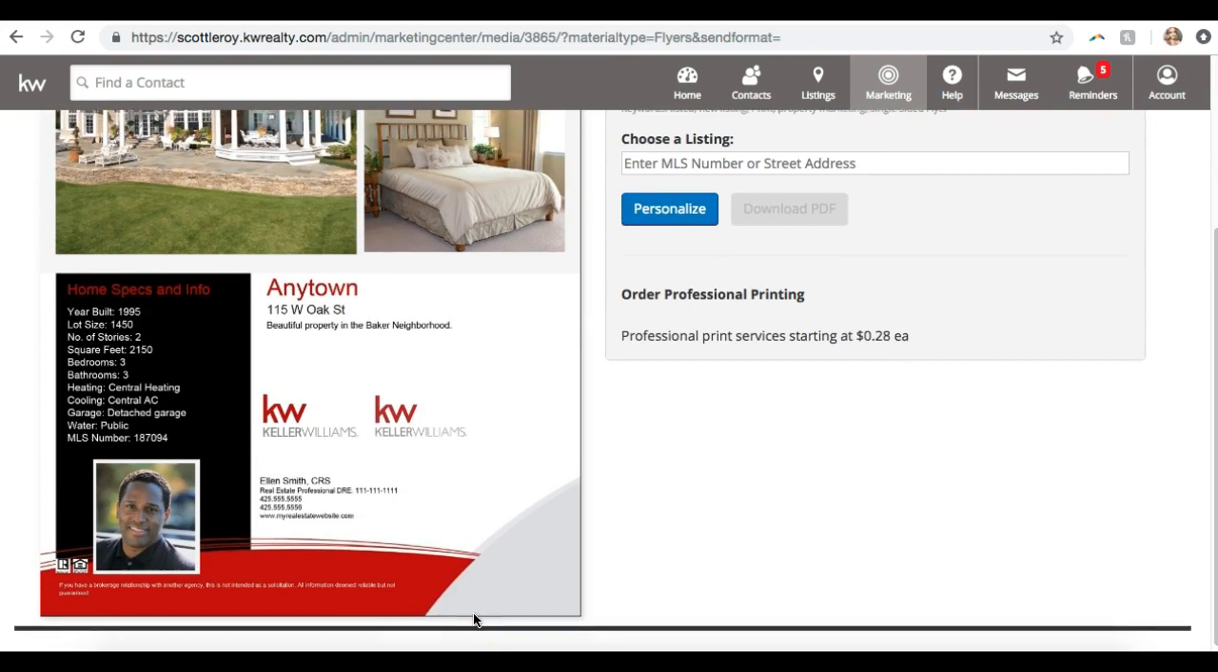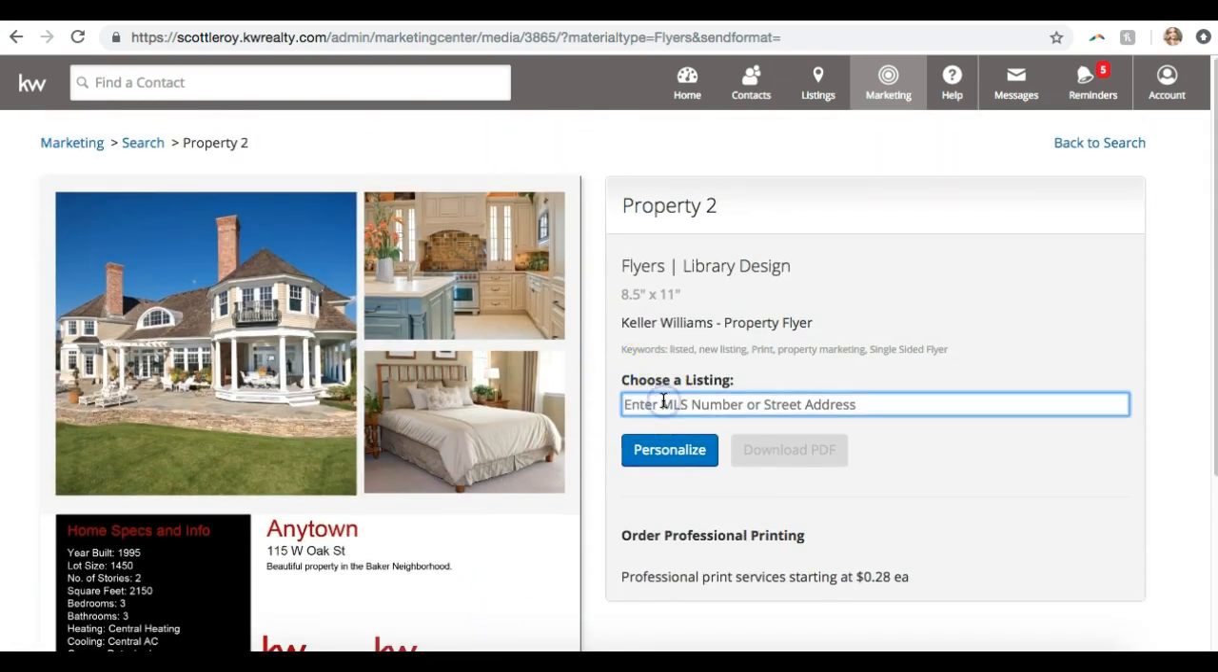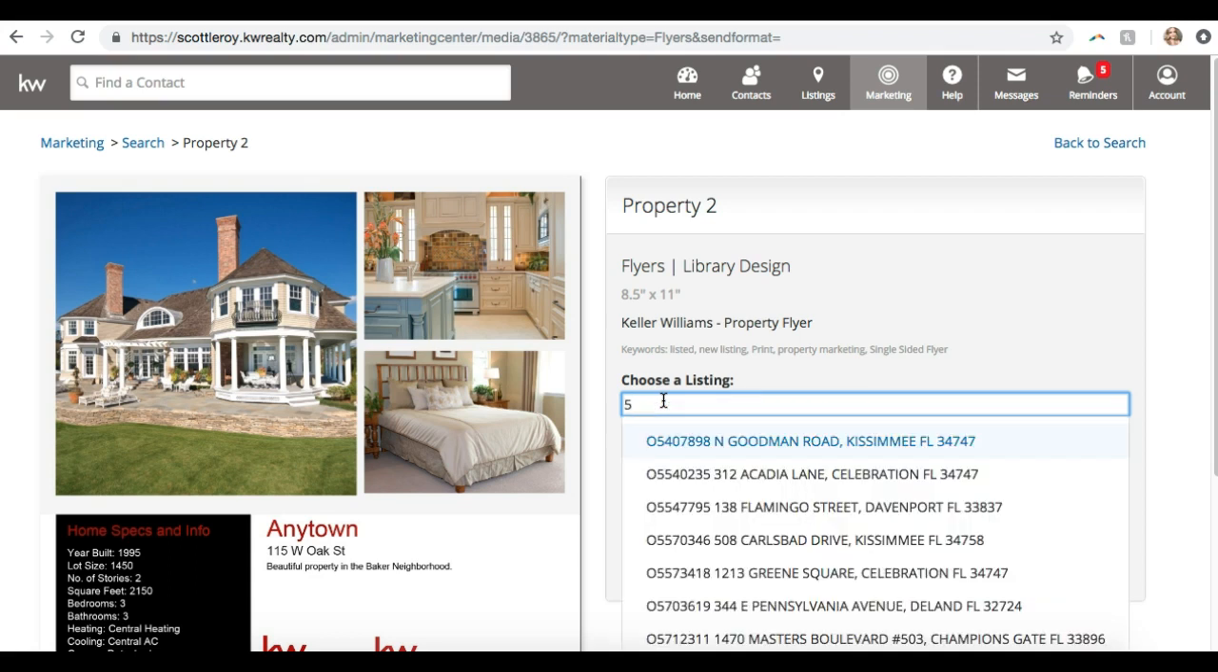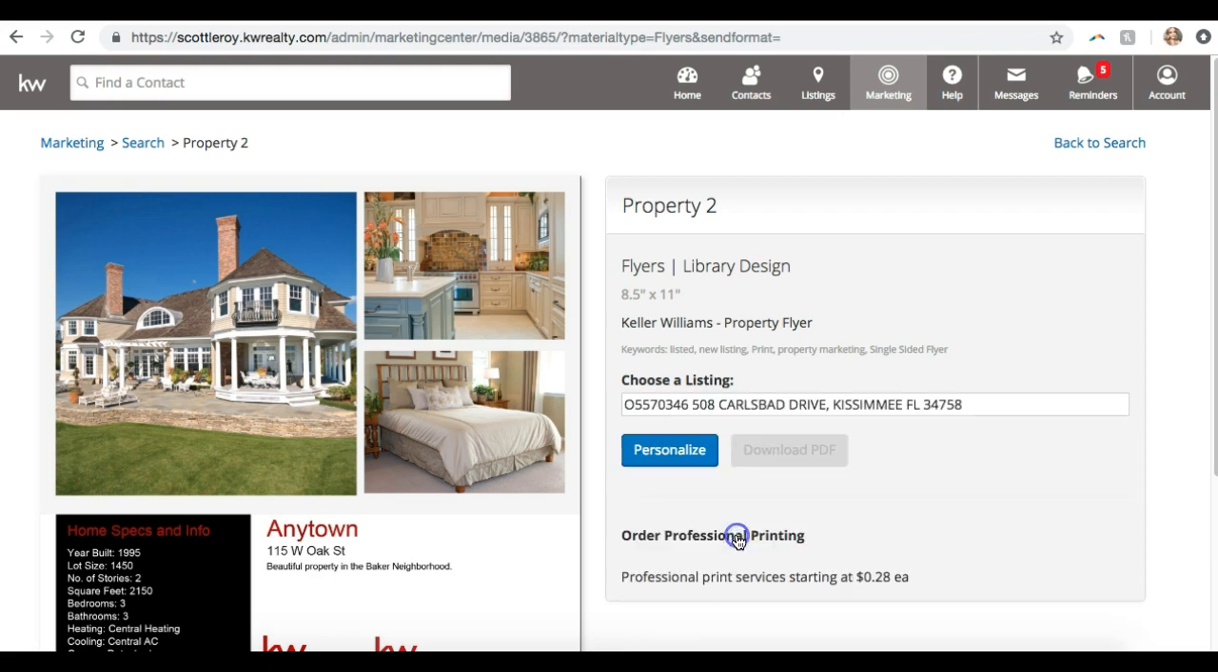And now we can go in and edit this. So what's pretty cool is as long as your MLS is actually hooked up, you can import information directly from the MLS to put into these marketing pieces. So let's say I just start typing in a listing. Let's choose this one. You can type in the address or the MLS ID and find the listing that you're working with. You can see I've chosen this one. Now when I click personalize,